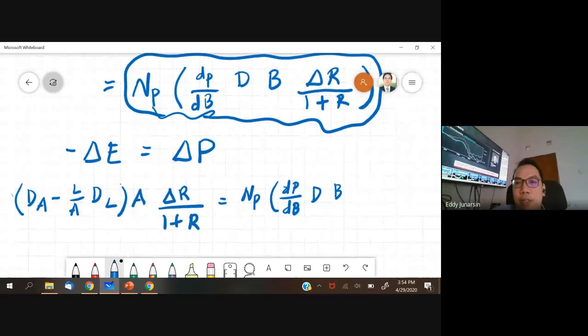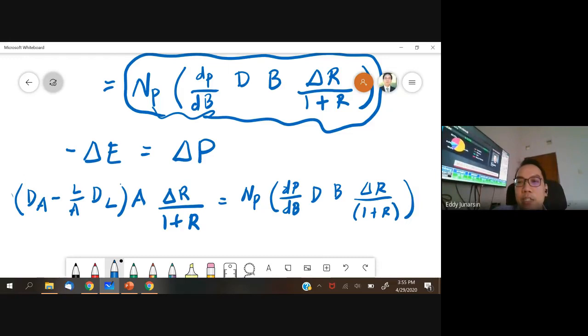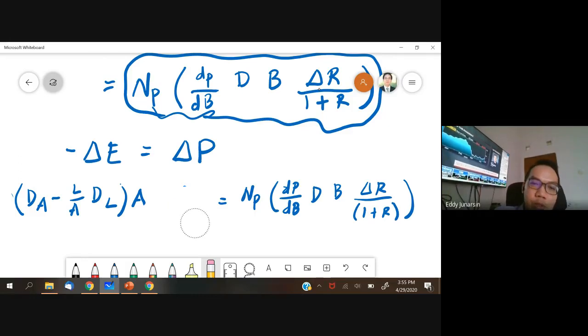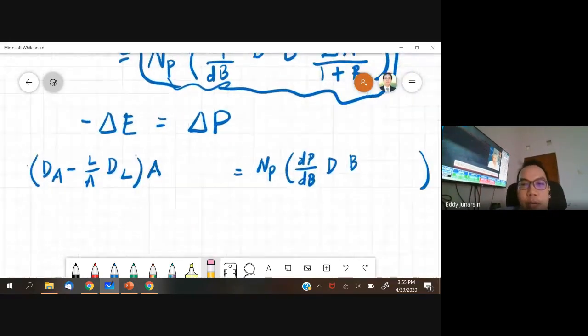Okay, be careful. And then here, the change in the interest rate divided by 1 plus the original interest rate. And for now, we assume that there's no difference between the change in the interest rate for the main business and the change in the interest rate for the underlying bond. So there's no basis risk, okay? So first, we assume that there's no basis risk. So we can erase both because they're the same for now. Okay, so we just need to now rearrange the